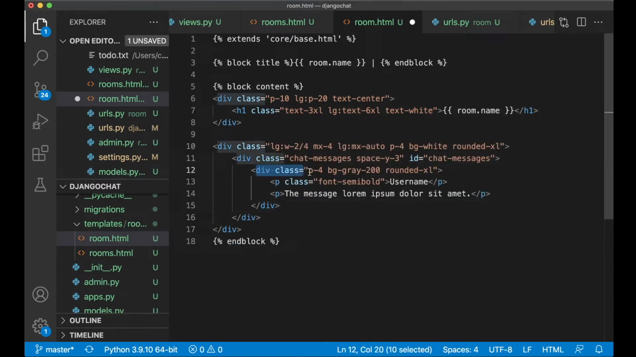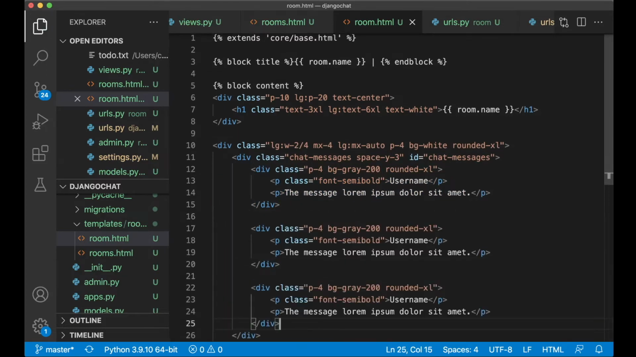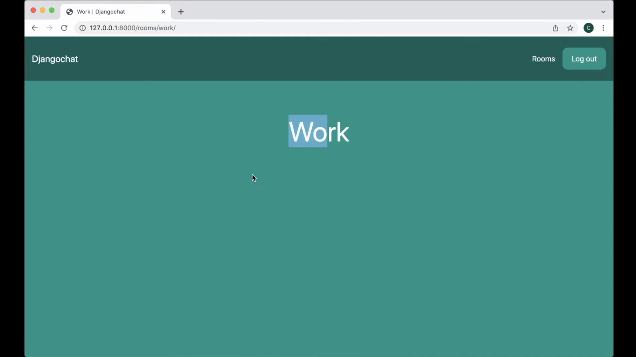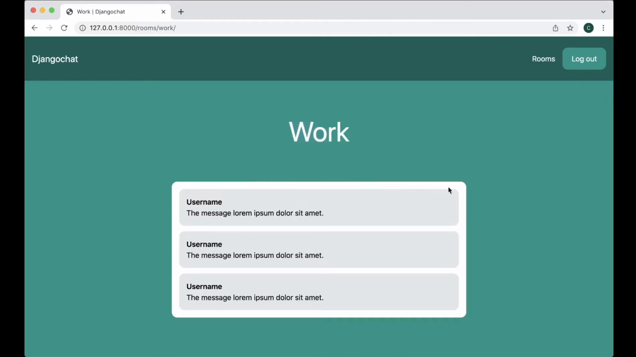It's a div with paddings all around inside of the content, the bg-gray-200, and also rounded corners. And I have a paragraph for the username, which is set to semi-bold, so it's a little bit separated from the content. So we can try to add a few of these. Save. So if I now go back and refresh, you'll see this white div we created, and then a few